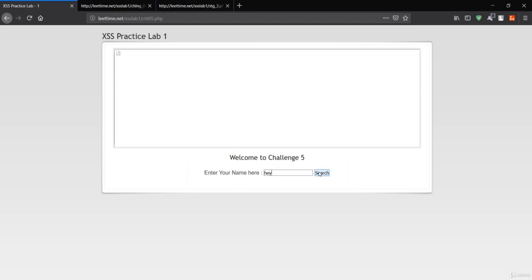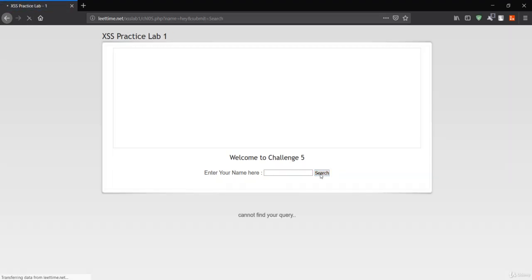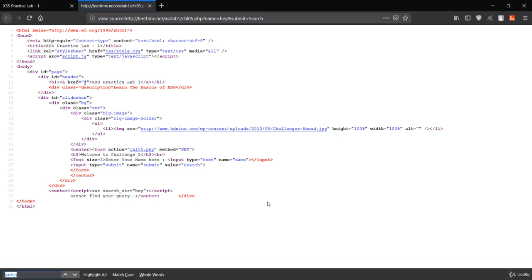So I'll just say hey, let me search, and wait for a moment, it is not loading. Let me refresh again. Okay, let me say hey, and as usual it is not reflected. Control U, Control F, and I'll search for hey, and it has been reflected right here in the source string.